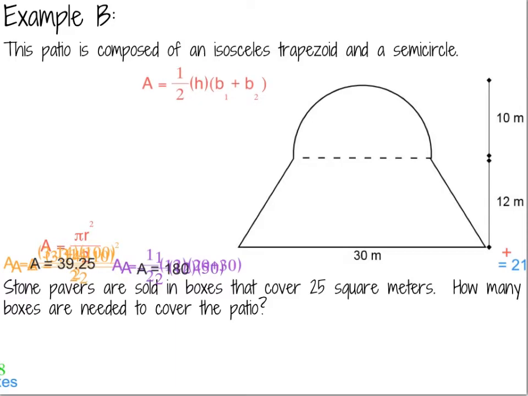And we need the area of a semicircle. But if I'm looking at my formula sheet, I don't have an area formula for a semicircle. I have an area formula for a circle, pi r squared, but I don't have one for a semicircle, or half of a circle. So I'm going to have to adjust my formula so that I can use it for a semicircle. So to adjust my formula, I'm going to take my A equals pi r squared, just like I would for a regular circle, but since I'm talking about half of a circle, I'm going to divide it by 2. So my formula that I'm going to use for my semicircle is A equals pi r squared divided by